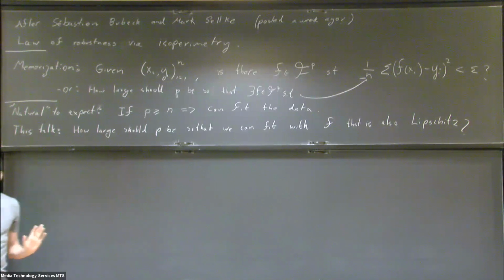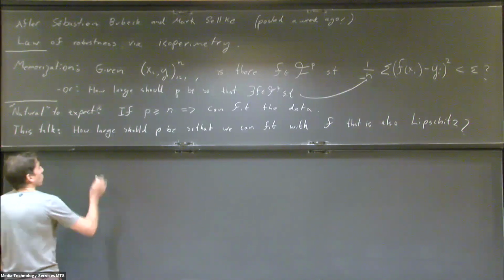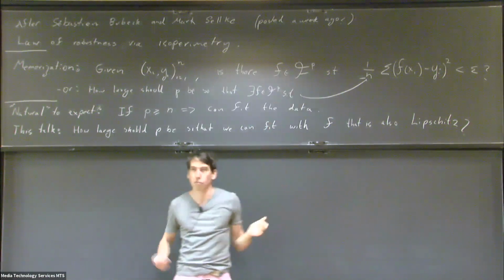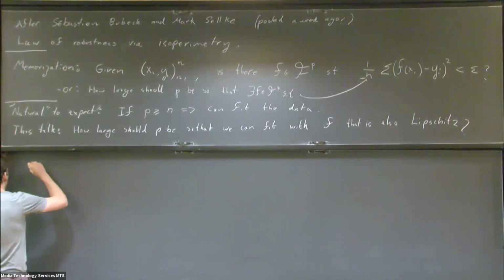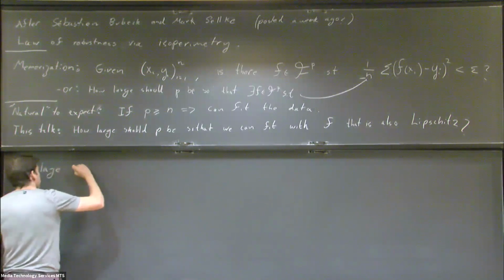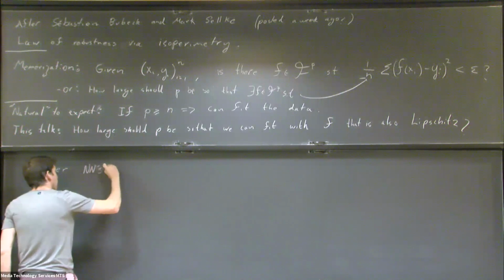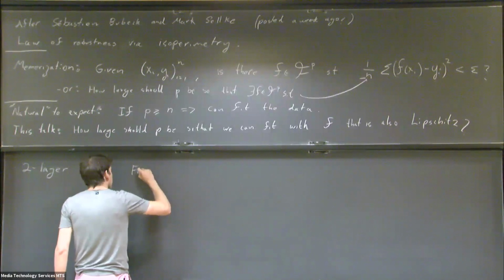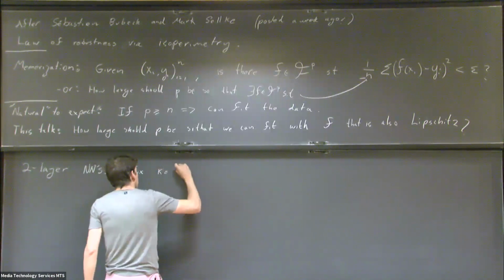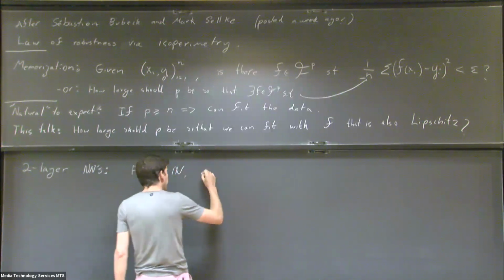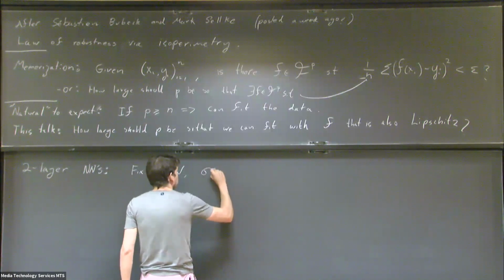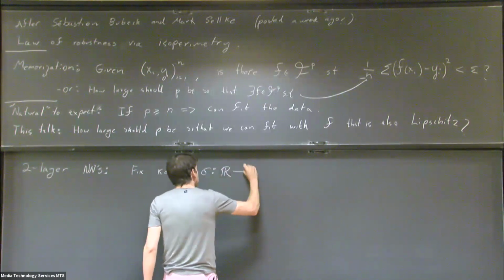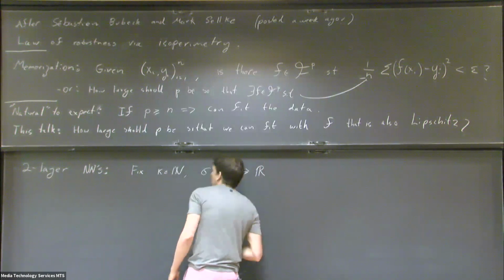So let's start with a few examples before we go to the actual theorem. First of all, some examples of families of functions. A nice example is two-layer neural networks. What are these? This is a very natural family. Fix K, a number, and some activation function, some nonlinear function sigma from R to R, and then